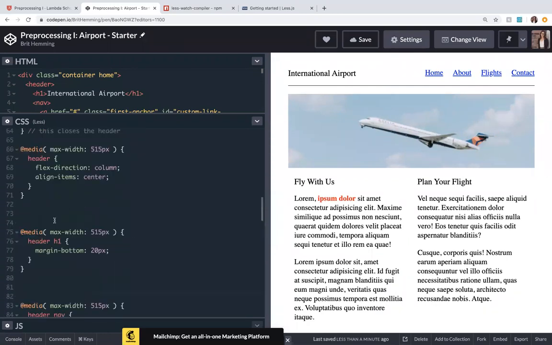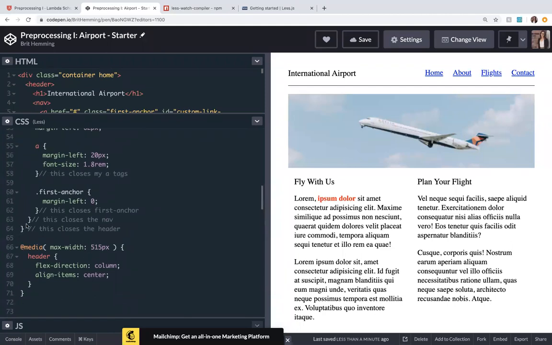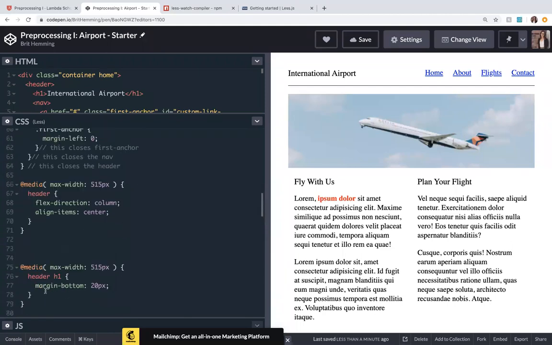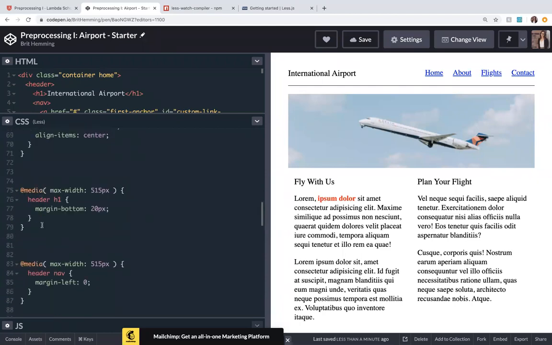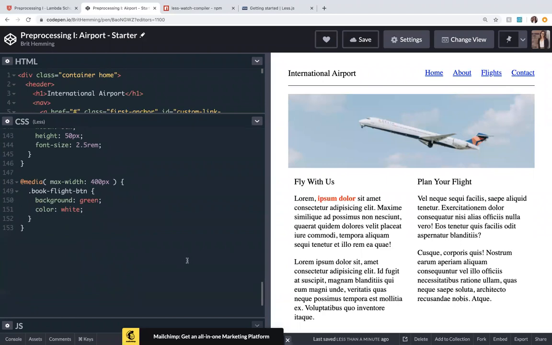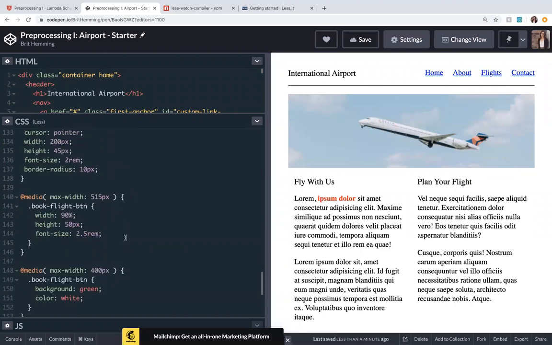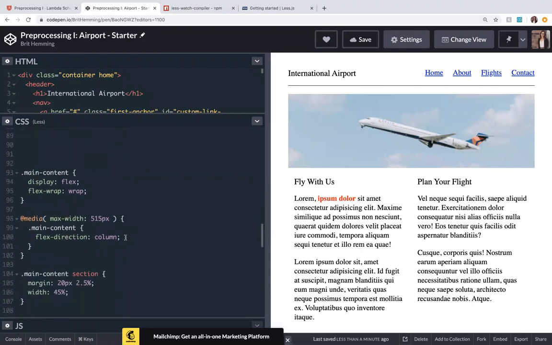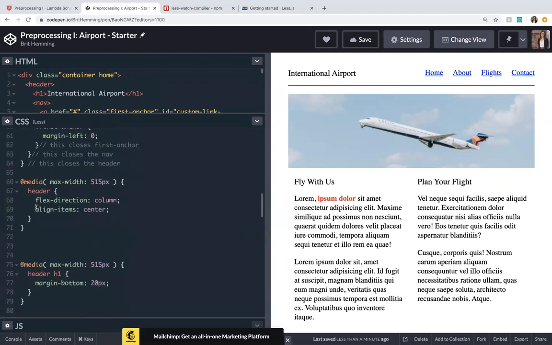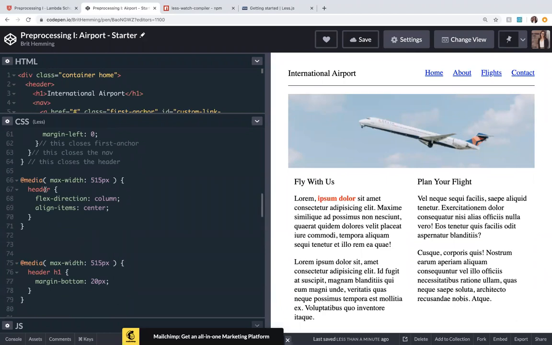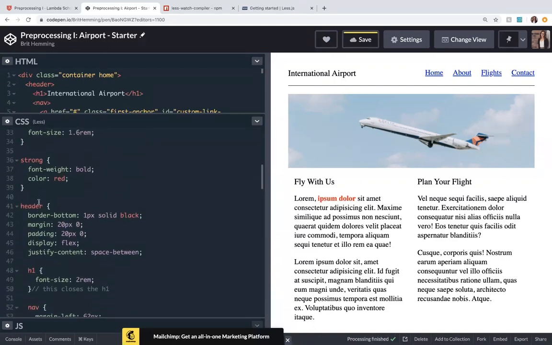Okay, another thing that I can nest is these media queries here. So we talked about how media queries are written a little bit differently in Less. In vanilla CSS, we wrote all of our media queries probably at the bottom of our code. In Less, we write our media queries individually for each thing. So for the header, we write its own individual media query. There's some benefits to this. So if I take this and I put it inside of my header,